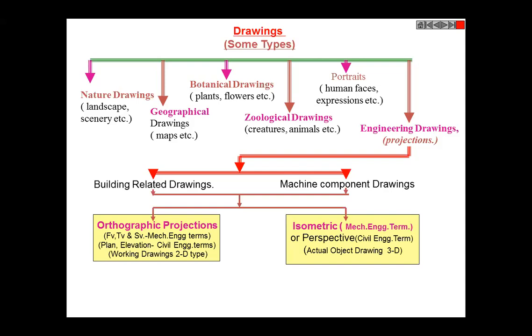Okay, then we can have isometric also. In mechanical engineering terms it is called isometric and in civil engineering terms it is called perspective drawing. We have seen glimpses of both earlier. Now what happens in orthographic projection: a 3D component is given to you, the actual component, out of which you convert different 2D views, the front view, top view, side view, etc. Whereas in isometric, you are given some views, side view, front view, top view, whatever it is, and you construct a 3D view out of it, what your actual object will look like. That also we will see later on.